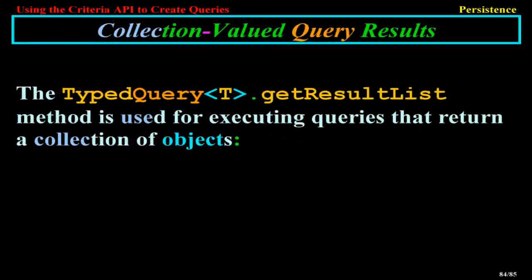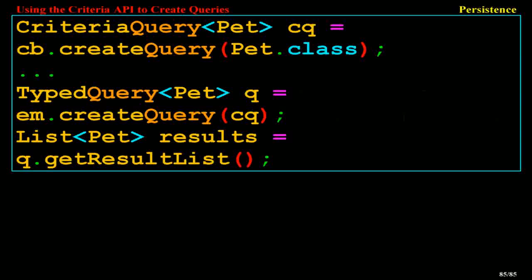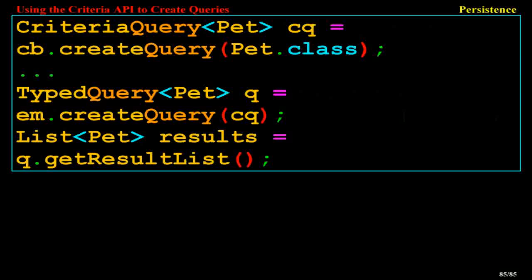Collection-valued query results. The TypedQuery<T>.getResultList method is used for executing queries that return a collection of objects. CriteriaQuery<Pet> cq = cb.createQuery(Pet.class); TypedQuery<Pet> q = em.createQuery(cq); List<Pet> results = q.getResultList();